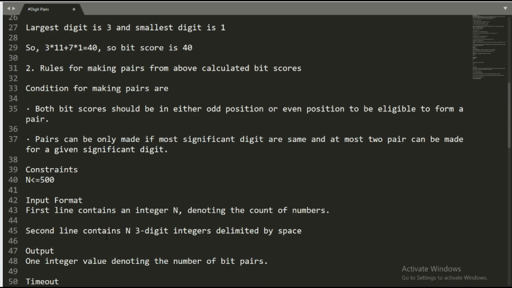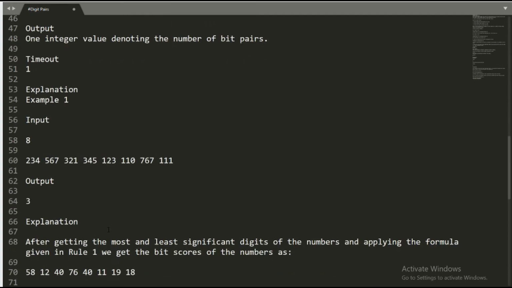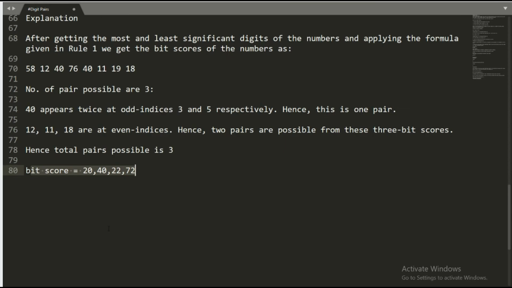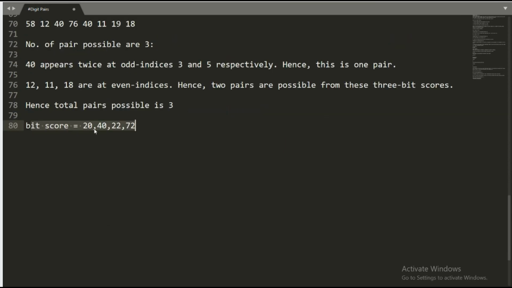Pairs can only be made if the most significant digits are the same, and at most two pairs can be made for a given significant digit. Let's take one example. Bit scores are 20, 40, 22 and 72. The first bit score is 20, so the most significant digit is 2, the first digit. How many times is 2 repeated in the bit score list?